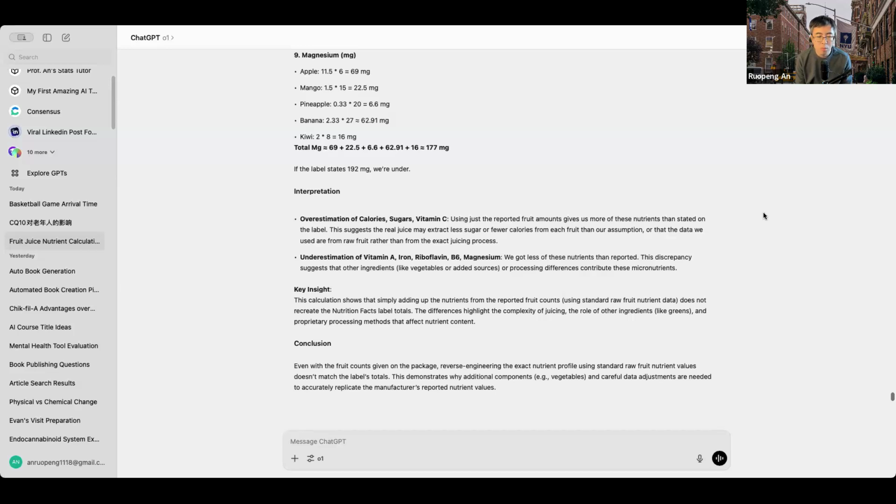But the O1 model and the O1 Pro model, which I have not tested, do provide additional gain in programming accuracy and analytic complexity.